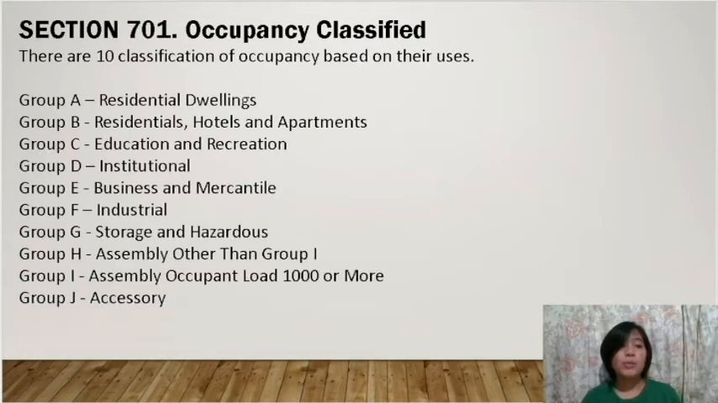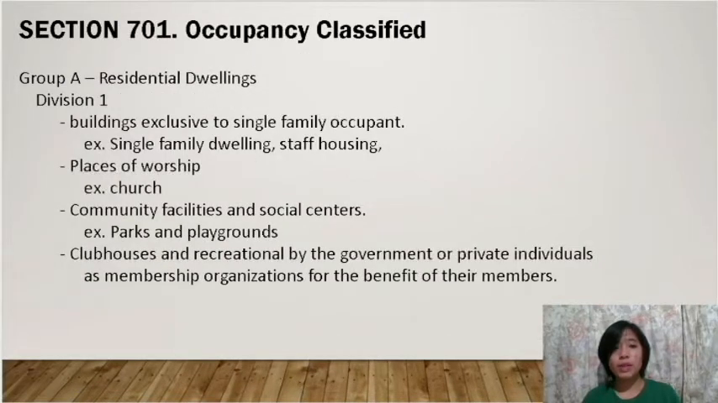For this discussion, we're only going to focus on the residentials and the rules and requirements that pertain to the residential dwellings. So we're going to focus on Group A. In Group A, there are two divisions. In Division 1, we have buildings exclusive to single-family occupants, such as single dwellings, staff housing, or we also have